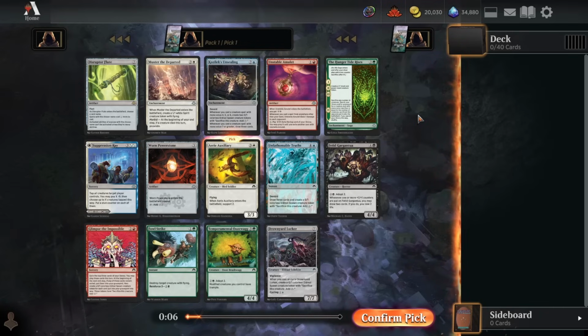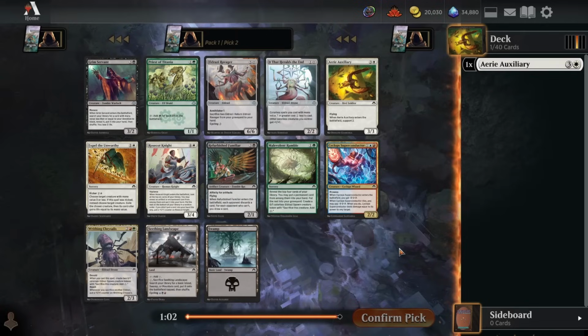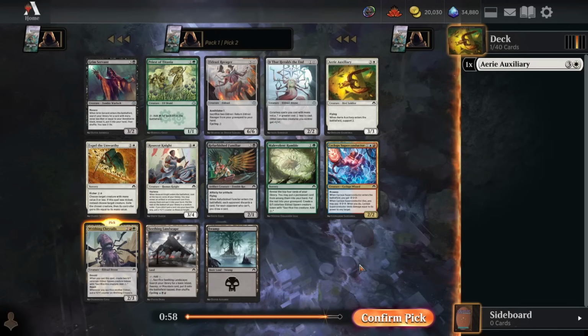Without further ado, let's get into pack one, pick one, which is a super weak pack. We just take the strongest monocolored card, which is Area Auxiliary here. This is a practice draft for the Arena Open draft. So I am recording this probably many days before it goes live on YouTube, and that's why we're doing traditional